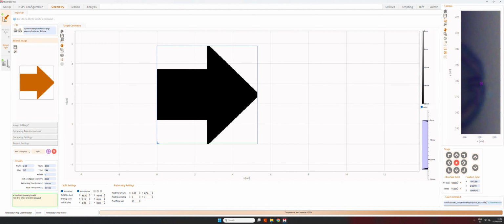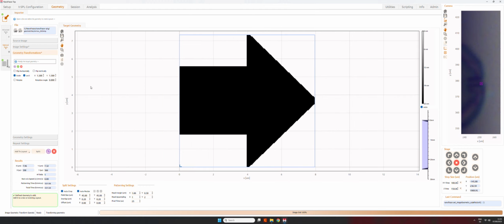First of all, I created this arrow. So this is also another layout that you may have already seen in the training videos. This is just a very standard pattern. Maybe we can make it a little bit bigger, say 1.5.